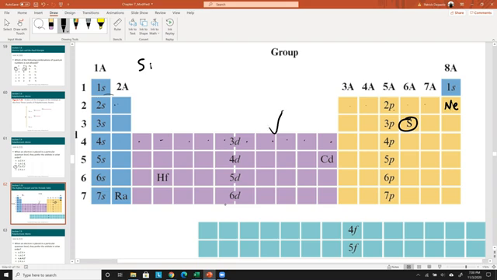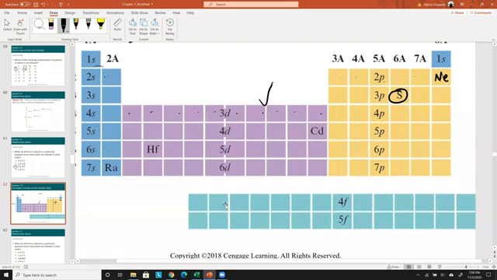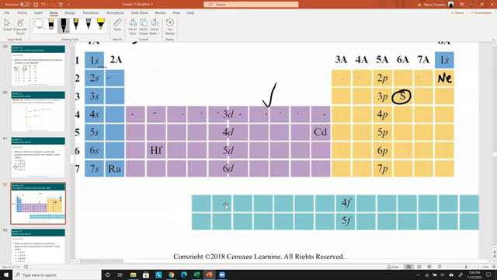Good. So we know that a d orbital has a maximum of 10 electrons. And for f, we know it has a maximum of 14. This is weird because on some periodic tables, they show 15. 1, 2, 3, 4, 5, 6, 7, 8, 9, 10, 11, 12, 13, 14. The reason why is because these two series, actinides and lanthanides, some people say they're in the f orbital because